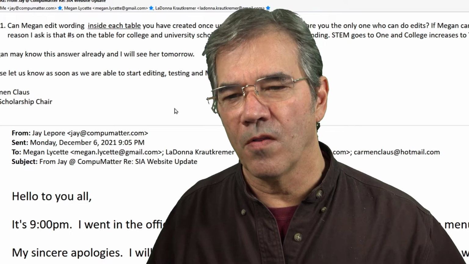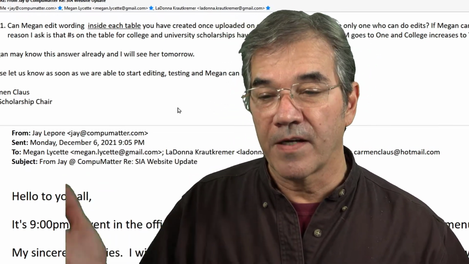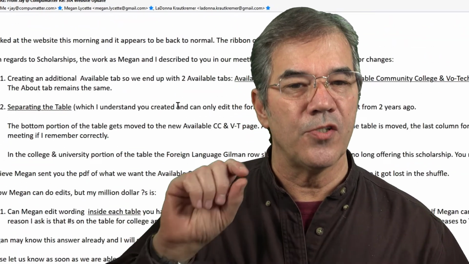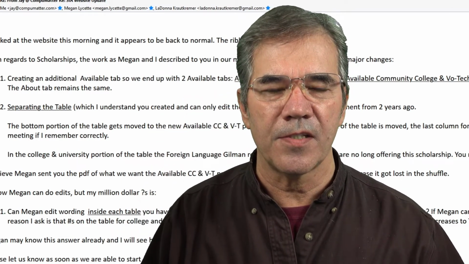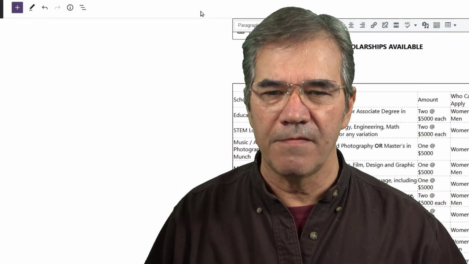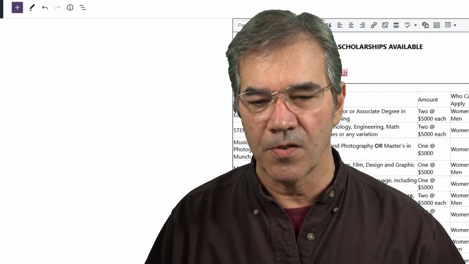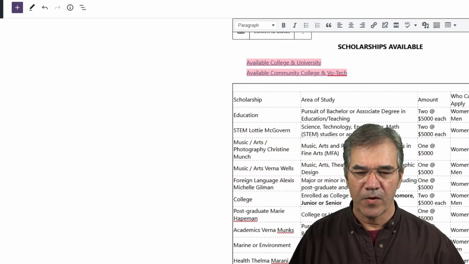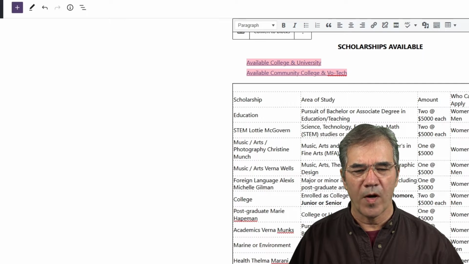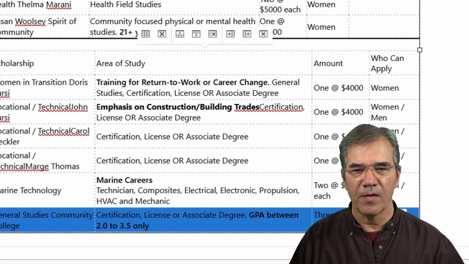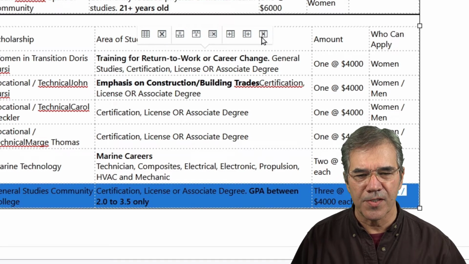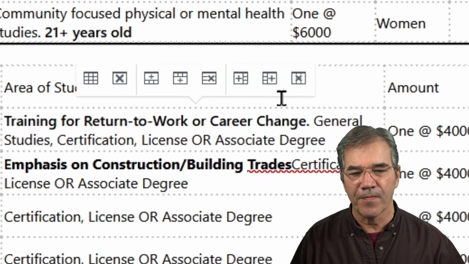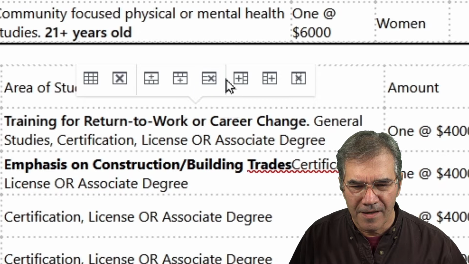So let's, I think we may have covered everything in here just by your ability to more easily make these changes. There is the ability, I think, even to do a copy and paste. So let's talk about that. If we go down to this bottom area, just picking one out, we've got a table. Oh, there we are. See this little floating thing right here? If I take that,